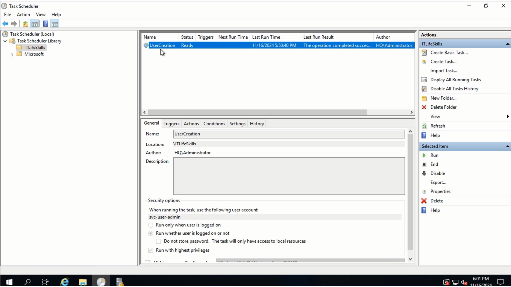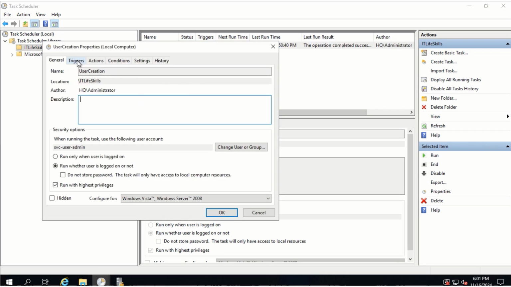Let's configure the task to run 3 times per day at 9 a.m., 12 p.m., and 3 p.m., which means the task starts at 9 a.m. and repeats every 3 hours. To do that, we need to right-click on the task and click on Properties, and we click on the Triggers